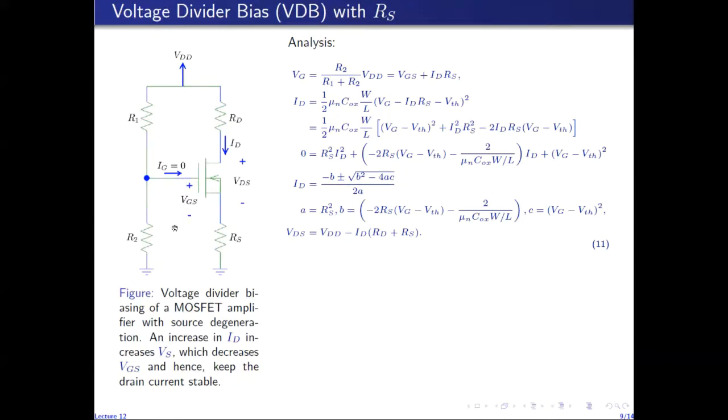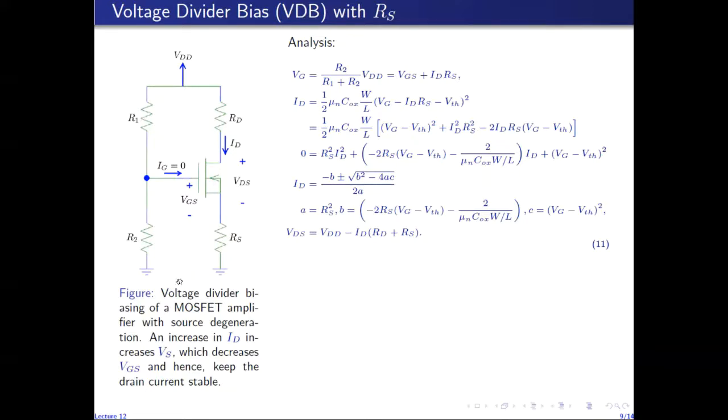As VGS decreases, ID will decrease again, because ID in the saturation mode has quadratic dependence on VGS. So this negative feedback provided by the source resistance will help in maintaining a stable bias point in this circuit, which is why this is the most often and commonly employed biasing